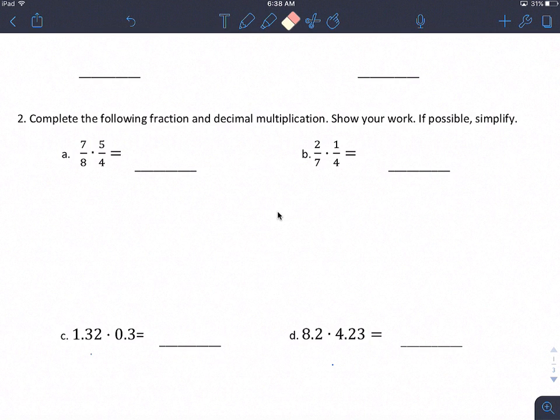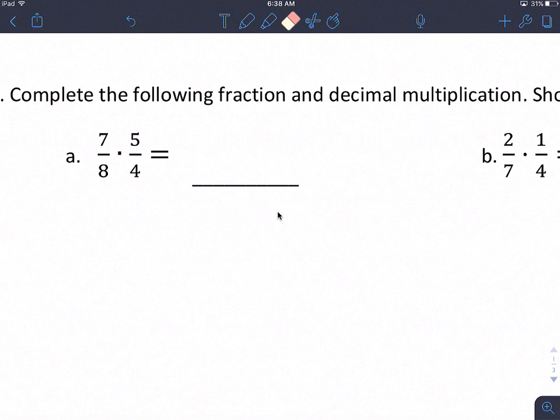All right, this section is complete the following fraction and decimal multiplication, show your work, and if possible, simplify. So this is number 2 on the end of try review. So let's start with fractions. We'll start with 7/8 multiplied by 5/4. Now this one,